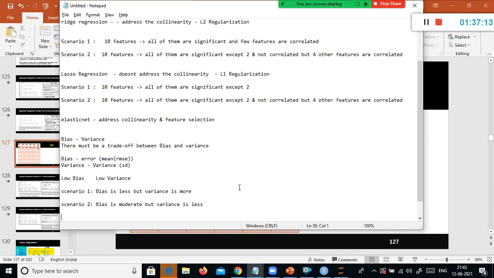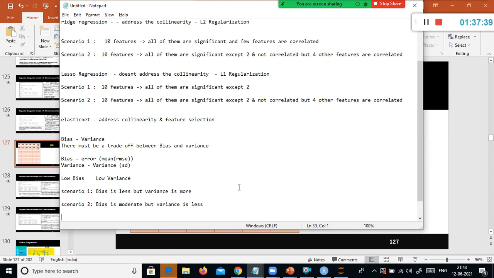If I use a different test data set to make my model predict, for a few data sets my model predicts accurately, and for a few data sets my model is not predicting accurately, right? That means my model has not been generalized well.